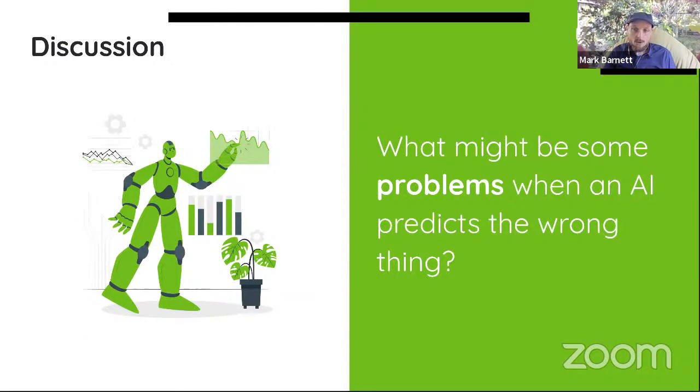So with that knowledge, one question I may want to ask the students is, what are some problems that you can think of that might occur if AI predicts the wrong thing? So if it predicts the wrong person, or the wrong YouTube suggestion, for example, or the wrong item in your Amazon wish list, what are some things that could go wrong with that? So this is a question I pose to students, and then we kind of have a class discussion and talk more about that.